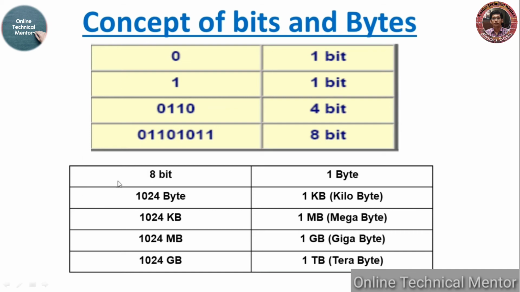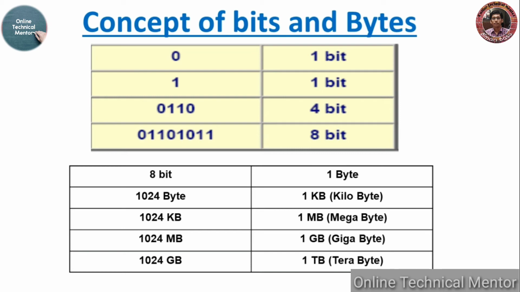Now, 1024 bytes will be 1 kilobyte. It is written as 1 KB. Now 1024 KB can be written as 1 megabyte. 1024 megabytes equal 1 gigabyte. 1024 gigabytes equal 1 terabyte. This is not the last unit, and it is not the end. There are many more. We will study from bit, byte to 1 terabyte here. That will be enough for us. These bits, bytes, kilobyte, MB, GB and TB are the measuring units of a storage area.